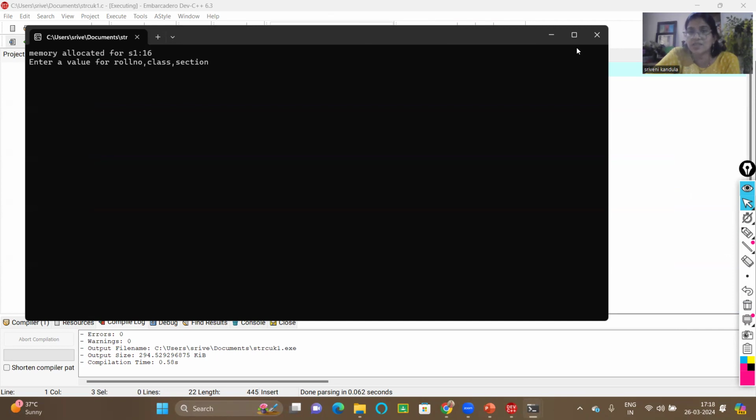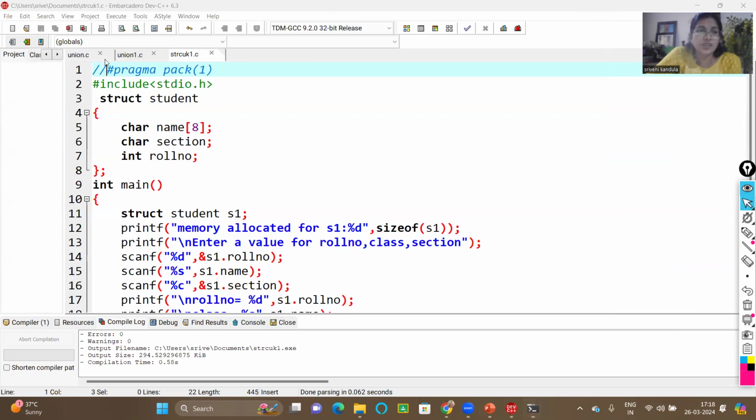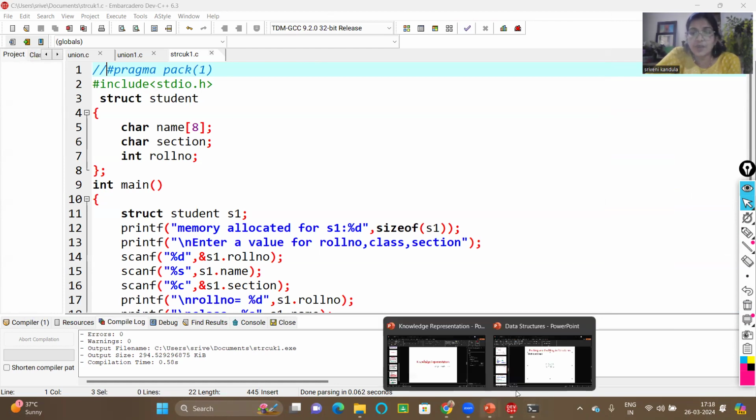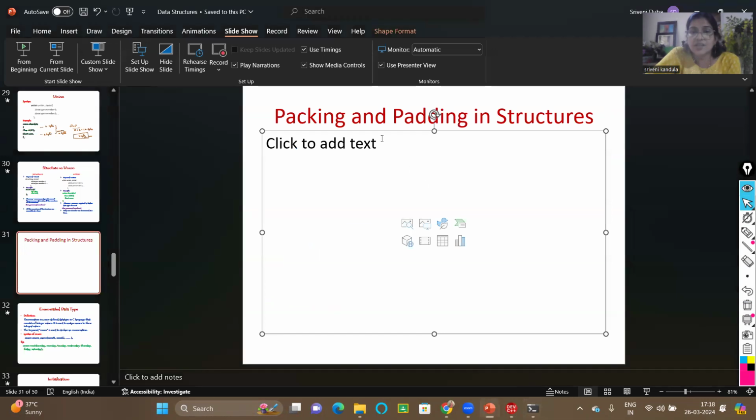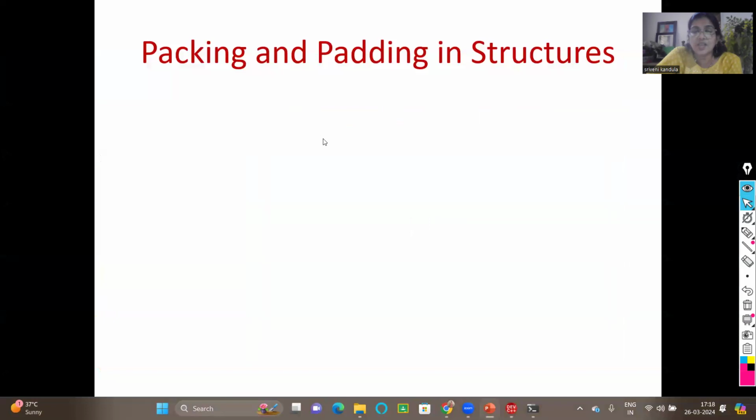the CPU cycles. So how do we get that 13? If you don't want the CPU to use the concept of padding, what you can do is tell it to use packing instead. How can you tell? You can tell that using the pragma command. This is a preprocessor directive,